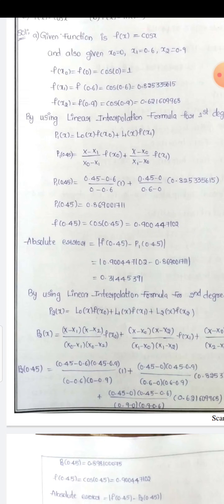P2 of 0.45 is equal to, substituting x0, x1, x2 in the above, we get 0.45 minus 0.6 into 0.45 minus 0.9 divided by 0 minus 0.6 into 0 minus 0.9 into 1, plus 0.45 minus 0 into 0.45 minus 0.9 divided by 0.6 minus 0 into 0.6 minus 0.9 into